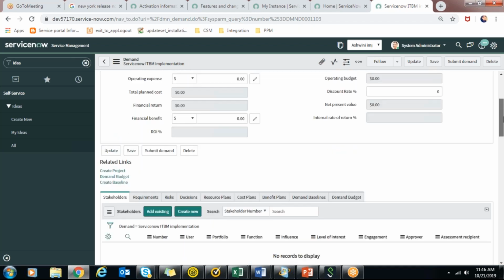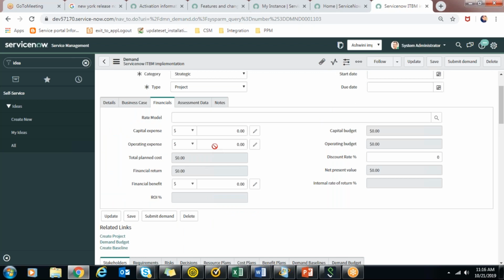And operating expense is like if it's going to cost every month some amount of a software license or some amount of cost for the ongoing operations. If you want to keep things running and there is some cost involved regularly in some intervals, you can define it here.